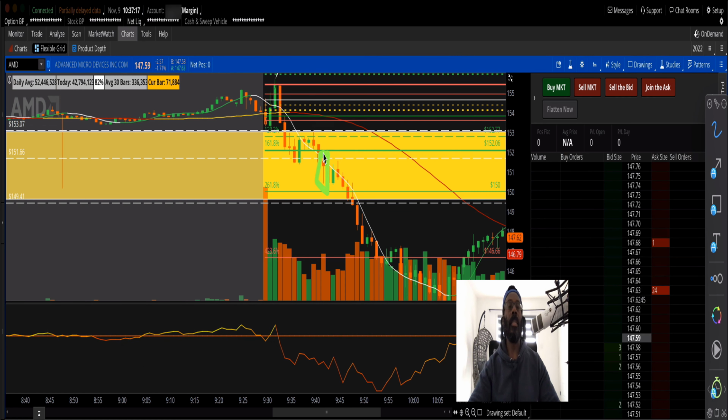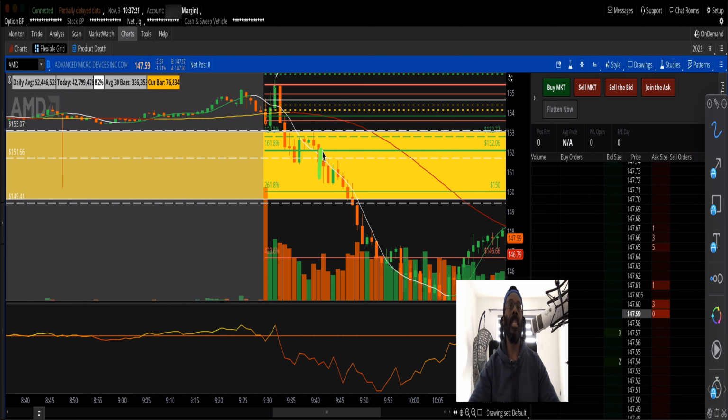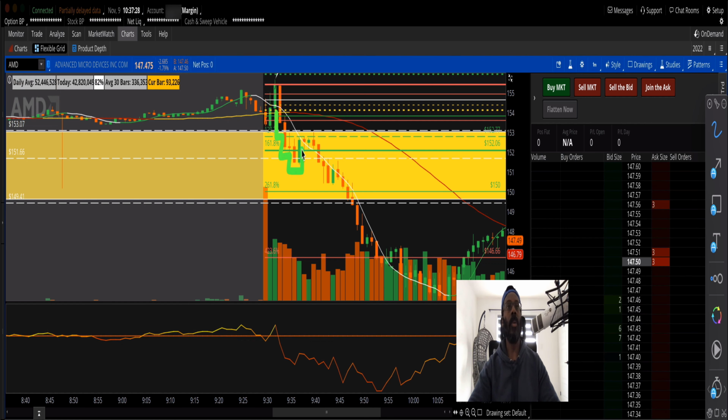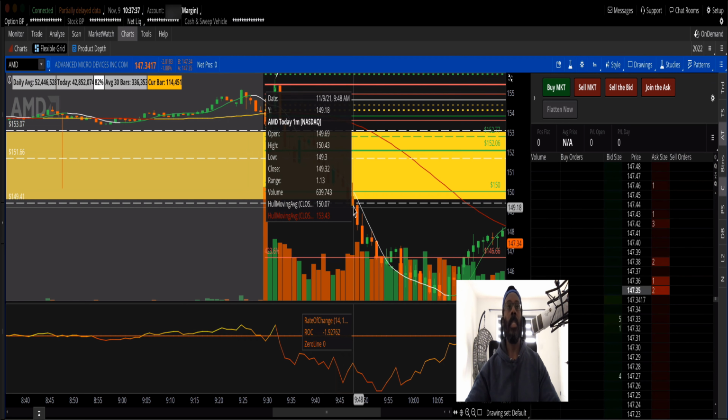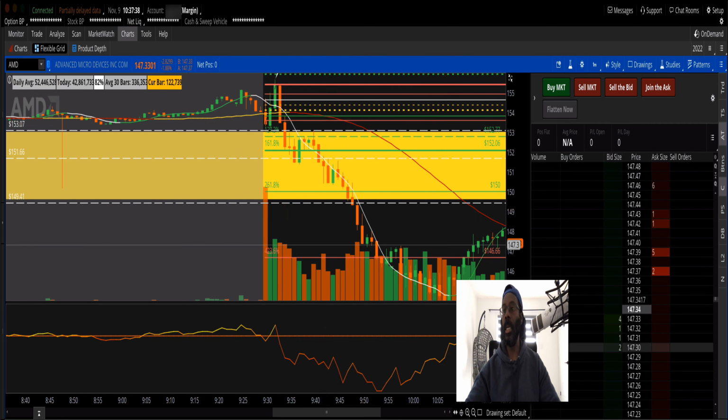this is the selling pressure candle. This is a hammer with a long tail, but it's a selling pressure. And as you see, the downward trend is happening anyways. This is a staircase downward trend. All right, so 942, that's the position we took. That's the trade. That's the entry point.